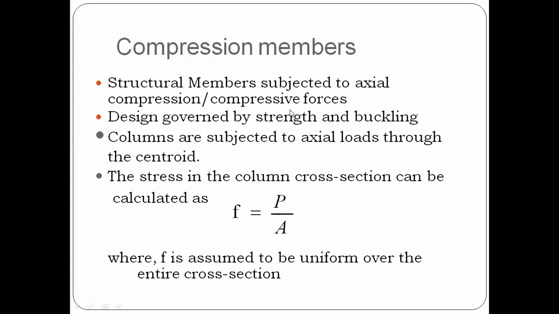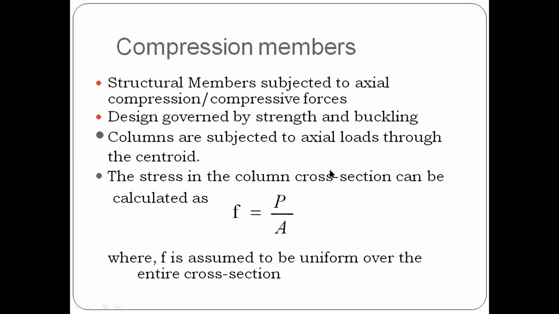See, these compression members might be a vertical member or might be an inclined member also. In buildings, we call compression members columns. In roof trusses, we call the compression members struts. In electrical poles, we call them posts. In bridges, we call them stanchions. And in the jib of a crane, we call it a boom. Like that, compression members are named in different ways based on their application, right?